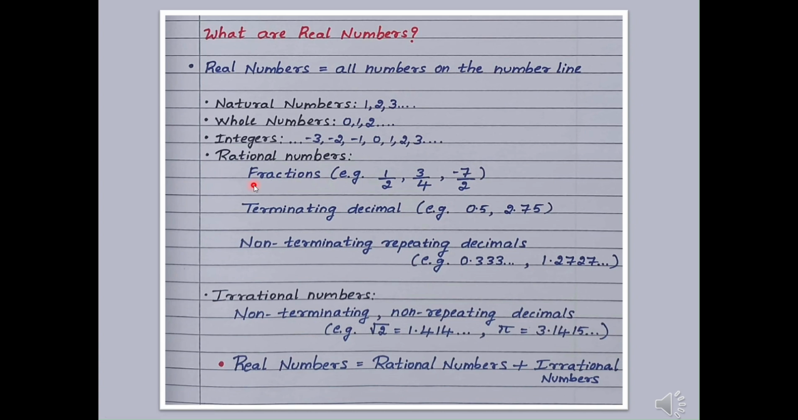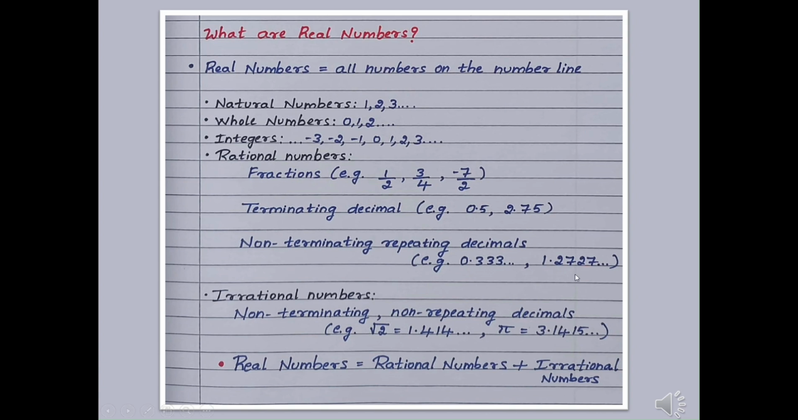Rational numbers are fractions that can be written in the form p by q, where q is not equal to 0. For example, 1 by 2, 3 by 4, minus 7 by 2. Rational numbers can also be written as decimals. They may be terminating decimals or non-terminating but repeating decimals. For example, 0.5 and 2.75 are terminating decimals, while 0.333 and so on and 1.2727 and so on are non-terminating